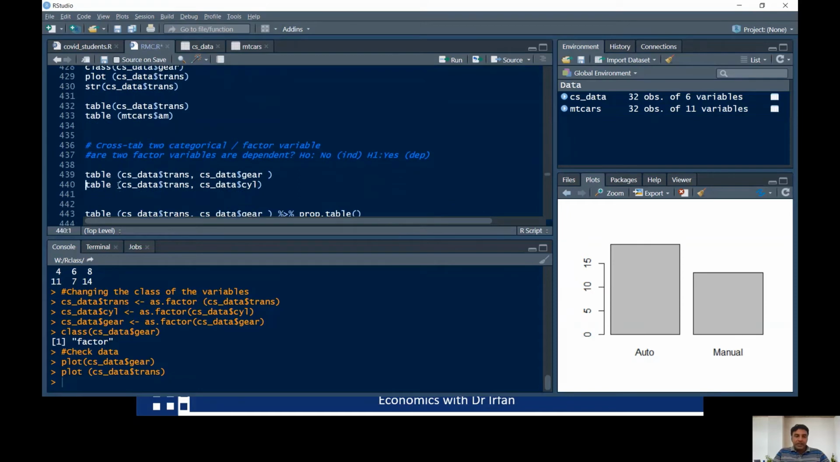Now coming to the cross tabulations. Cross tabulation is highly useful if you have 2 categorical variables. If one variable is numeric, then it's probably not a good idea to make a cross tab. All right, so cross tabulations. The command for cross tabulation is very similar to the table command. You just need to put a comma and then the name of the other variable. So for example, I want to see the transmission and gear